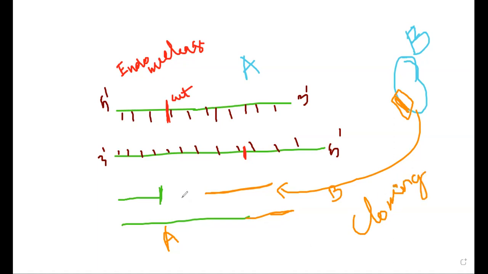After cloning, what happened? They both are united with the help of the enzyme called ligase. It will be united like this. Ligase is an enzyme, called DNA ligase. After the ligation is completed, that means the foreign DNA of both A and B, the DNA molecules united together, is introduced into the